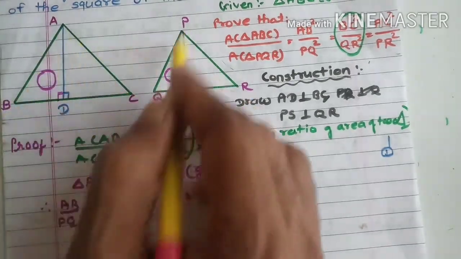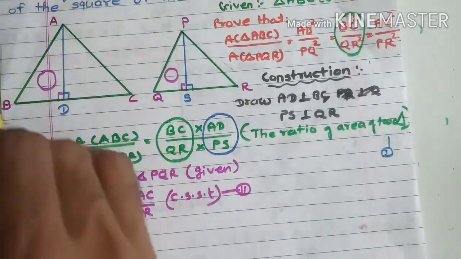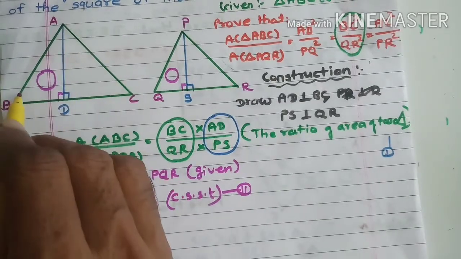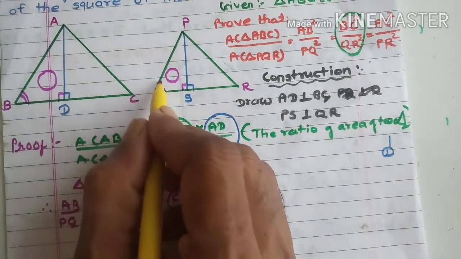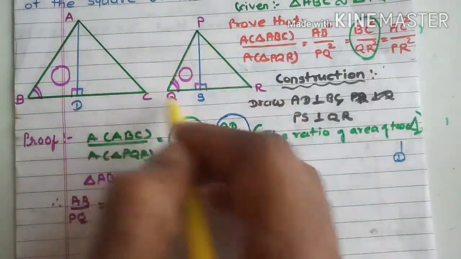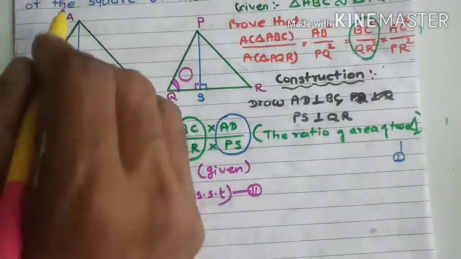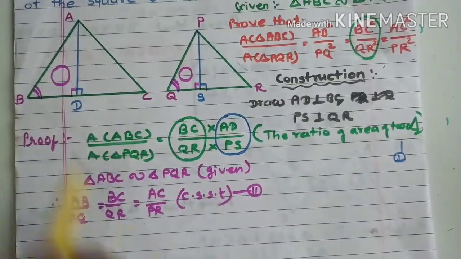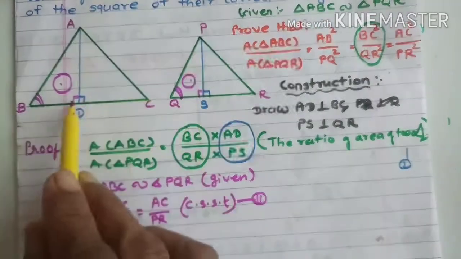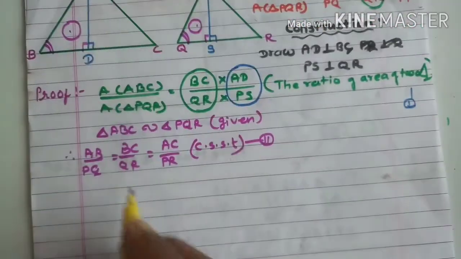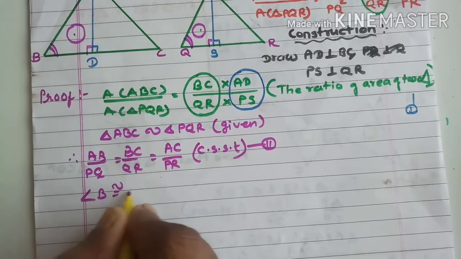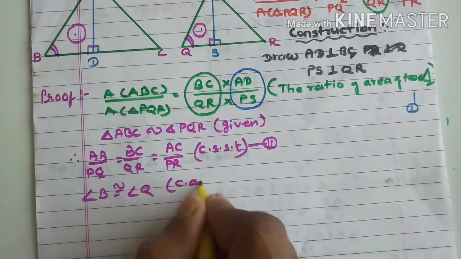See, what we have: ABC is similar to PQR, so if the triangles are similar then the corresponding angles are also equal. So according to that, angle B is congruent to angle Q. Okay, so in the bigger triangles these two are congruent, so in the smaller triangles also they are congruent. So these two triangles are also similar by the AA test. Okay, now first of all here also angle B is congruent to angle Q, corresponding angles of similar triangles.